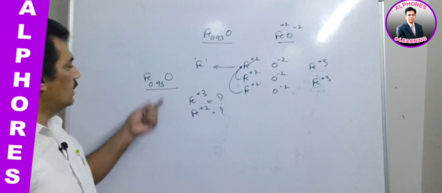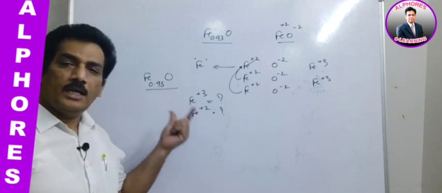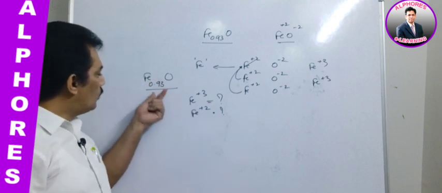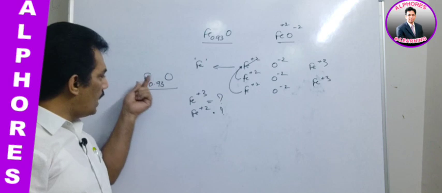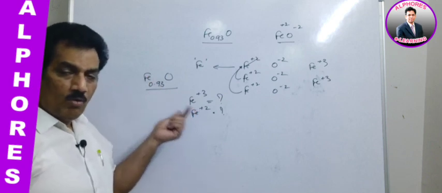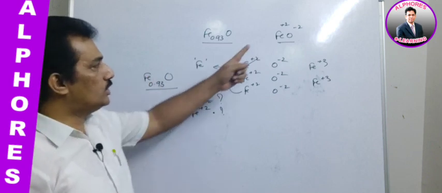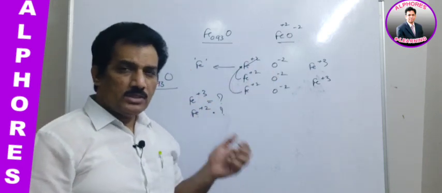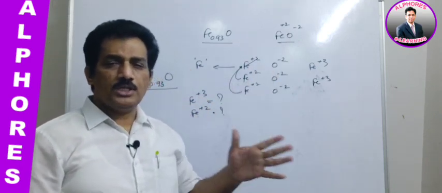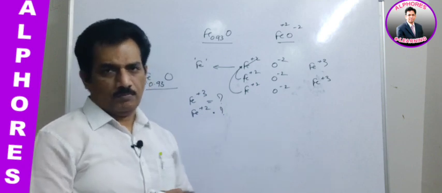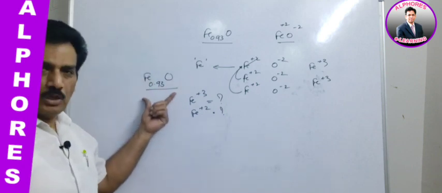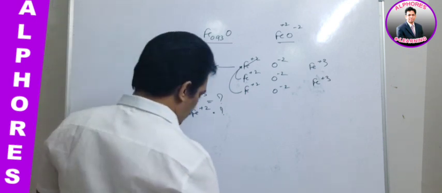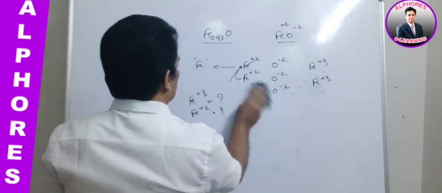It is nothing but non-stoichiometric iron oxide, Fe0.93O, where iron is 0.93. Why 0.93? Actually they should exist in a 1:1 ratio, but few ferrous ions are converted to ferric ions, and few ferrous ions are missing. That makes this composition. Clear? And now they are asking for this. How to solve this? Let us try to solve this question.